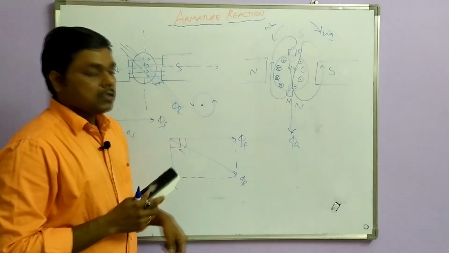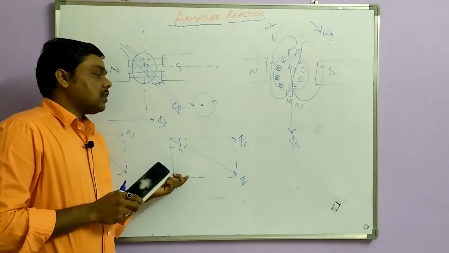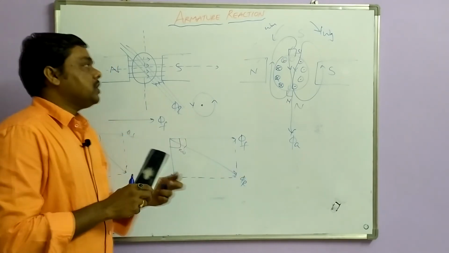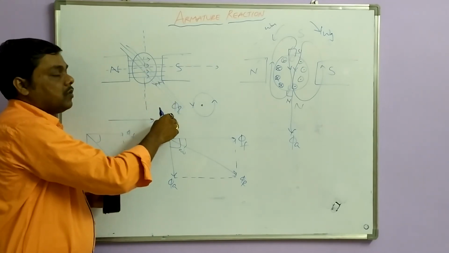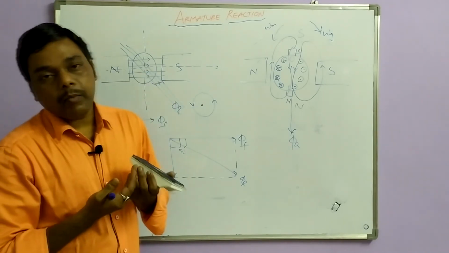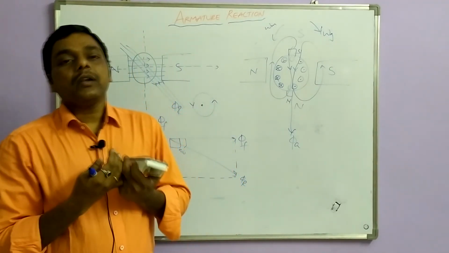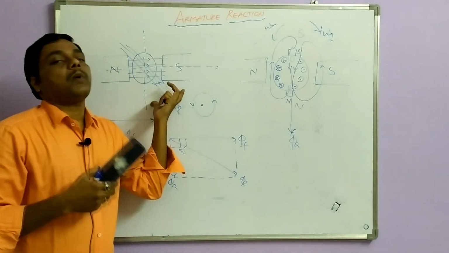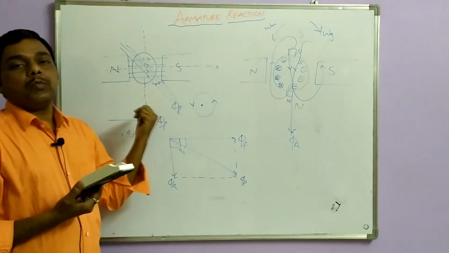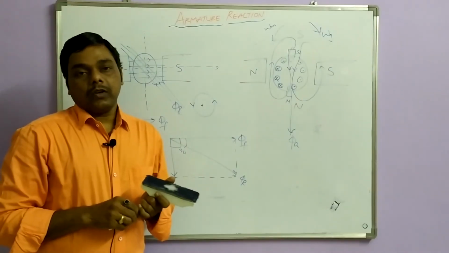So that was the armature reaction. What is the reaction of the armature on the main field flux if it gives a resultant flux like this? Then where do you have to place the brushes, where there is no EMF in the conductors, for the commutation of brushes without sparking? How is it possible and how are the brushes going to be shifted, that's what we are going to discuss.